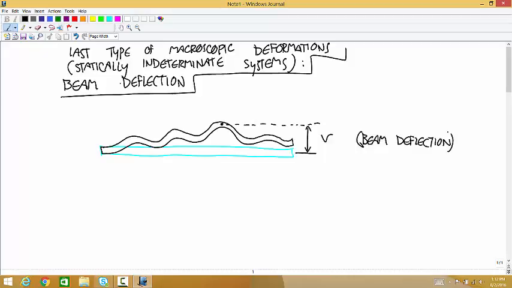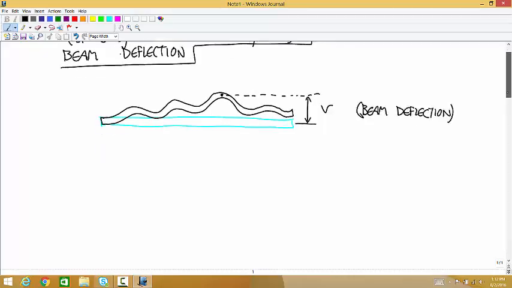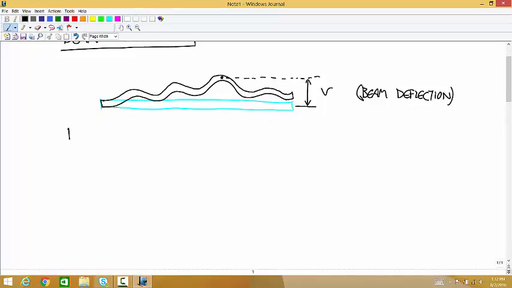And this is all based on the theory of elastic beams. And the theory of elastic beams says